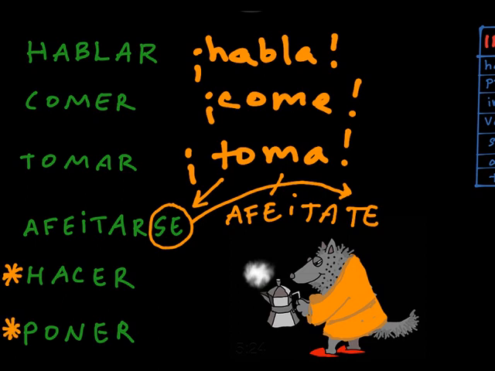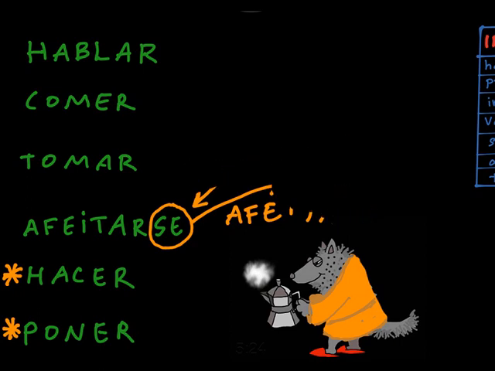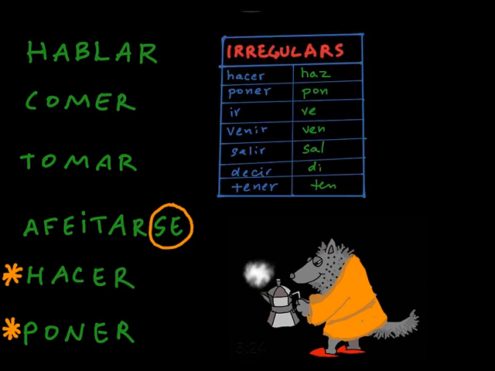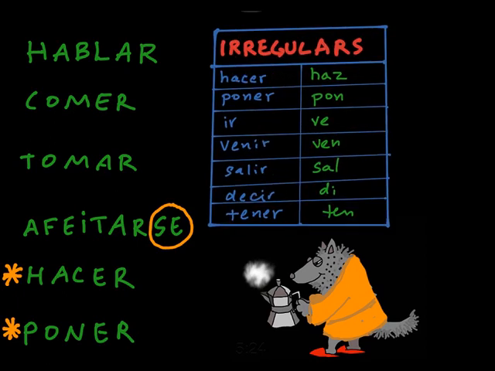Why? Because these two verbs are irregular. What do? Oh, you have to learn the irregular verbs by heart because they are not as predictable as the regular verbs. How come? Well, it's because they are irregular. Let's take a look. I'm not claiming they are all, but these are the most common